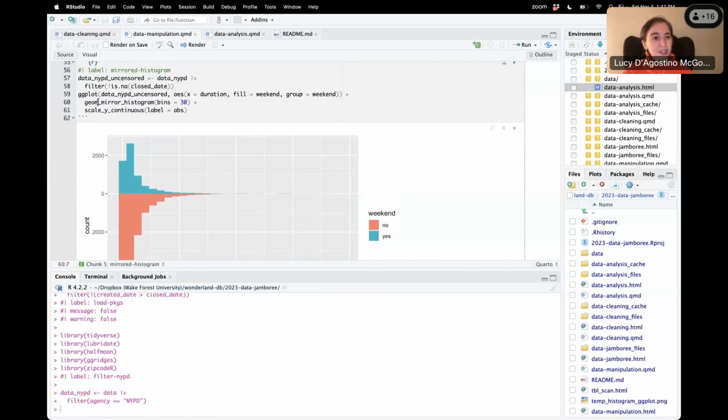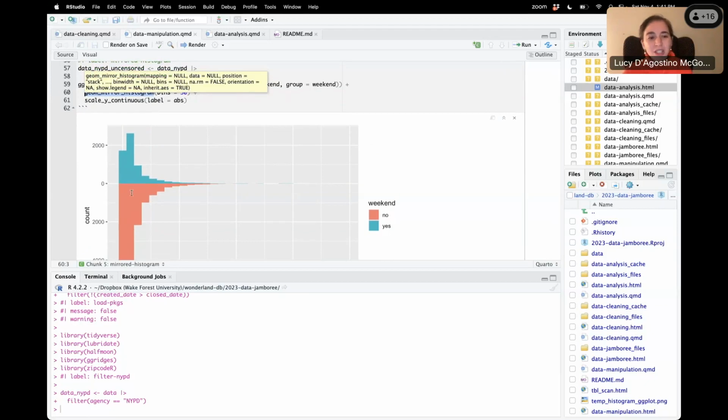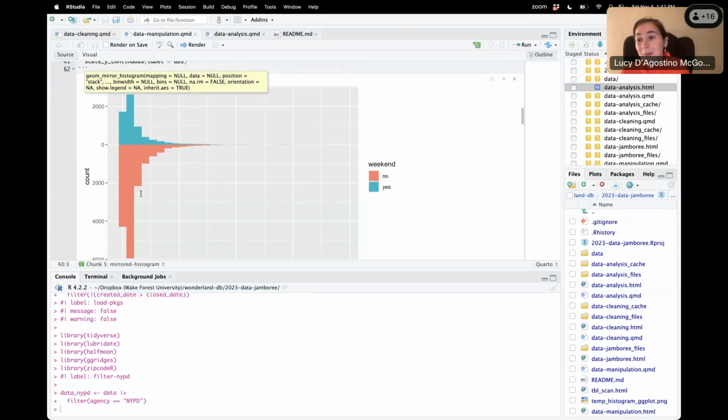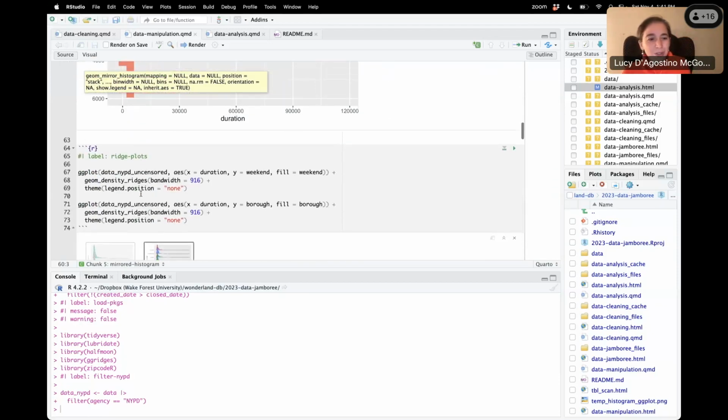This is an add-on that works with ggplot, geom_mirror_histogram, but it comes in the halfmoon package, which is a package typically used for checking balance between groups if you're doing some kind of weighting or matching or something like this, but it works nicely for this as well. I like the mirrored histograms because you can easily compare the individual bins, which makes it maybe easier to compare the distribution between two groups.